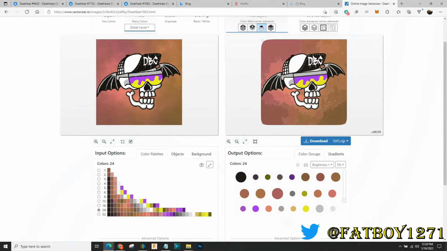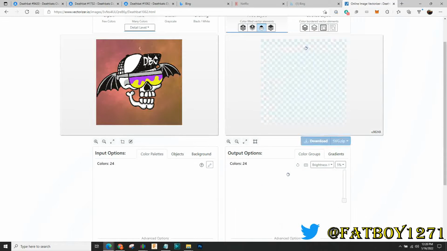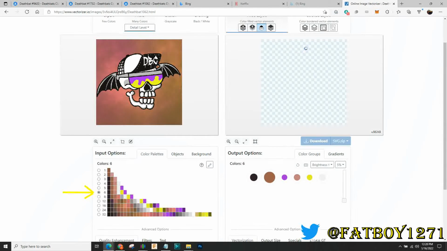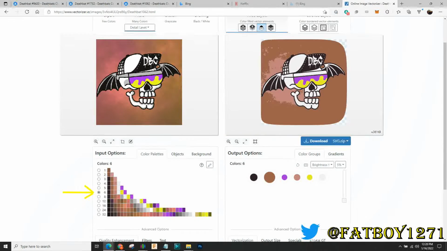So we might even be able to choose as long as we have black, gray, white, yellow, and purple. 6 colors here. Let's see if that has enough black, white, yellow. We're missing gray in this one. Yeah, see, there you can see all the gray left in that one. So if I go to 8 colors right here,